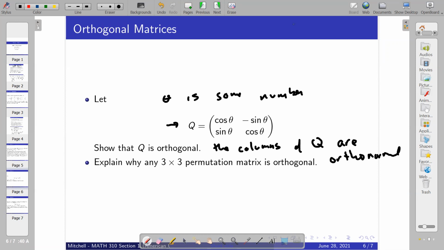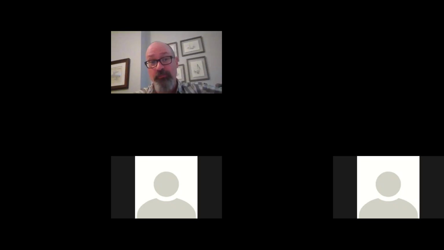It shouldn't take too long to do. We'll come back together and do it in just a few minutes. The columns of that Q are orthonormal. Right now it's about 11:40. Remember that when you're talking about an orthogonal matrix, you're just talking about a matrix in which the columns are orthonormal. So you have to show that the column vectors have the orthonormal property. So try it, see what you get. We'll come back in about three, maybe five minutes, about 11:45, and do the problem together.